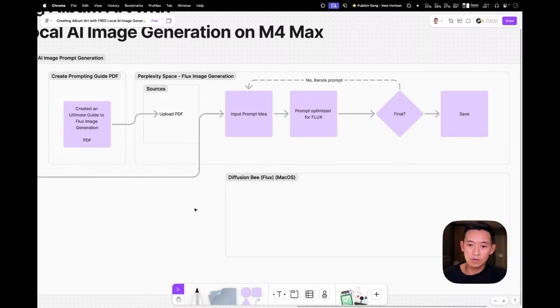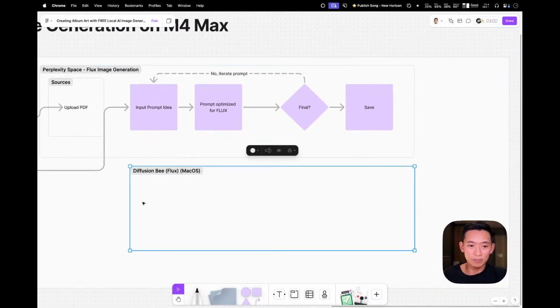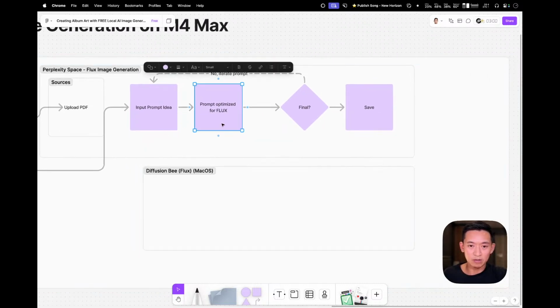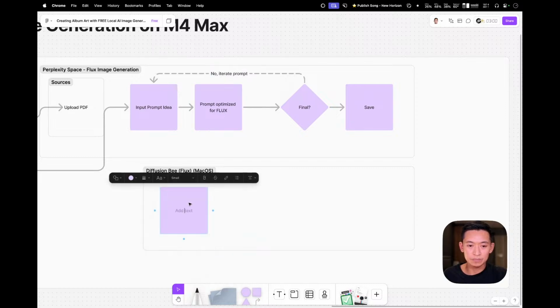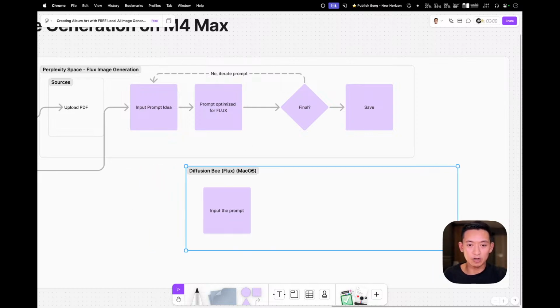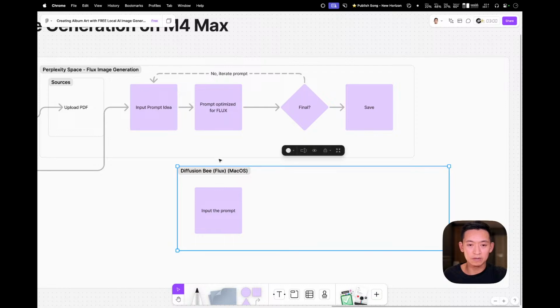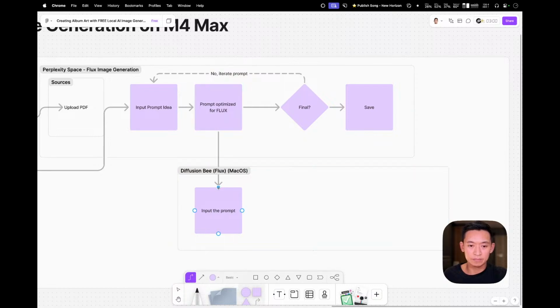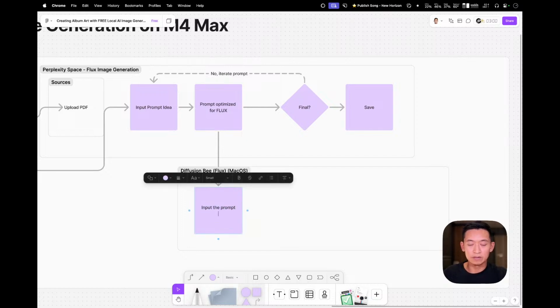So what happens is the prompt is optimized, then we put the prompt inside DiffusionBee, and I will generate